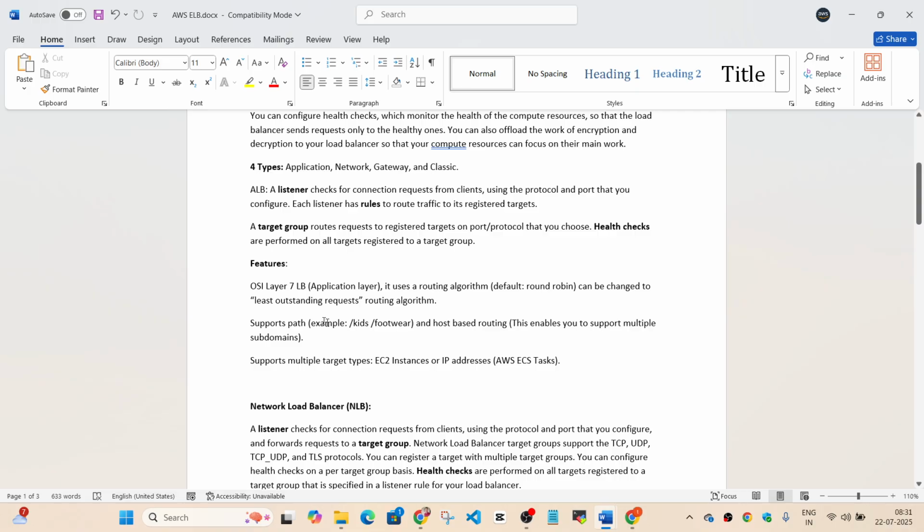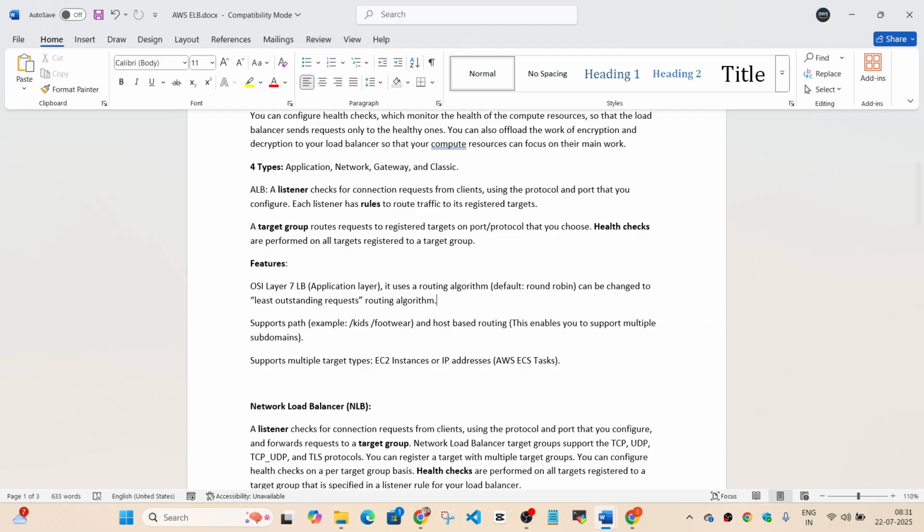Then also since it's using layer 7, it has some additional features. It supports path-based routing. So if you're hosting a website and it has some paths, for example, if you access the slash kids path on a website, it's going to take you to another page. Then the slash footwear page is going to take you to another page where you will only see the shoes department.